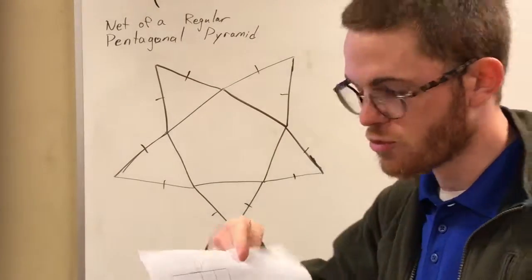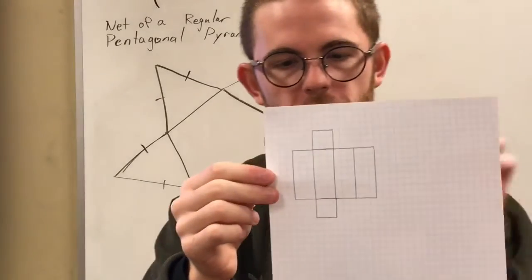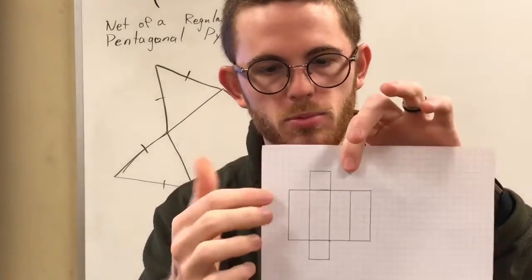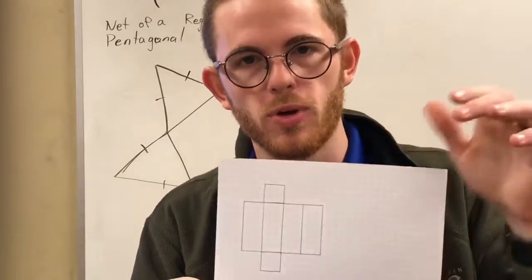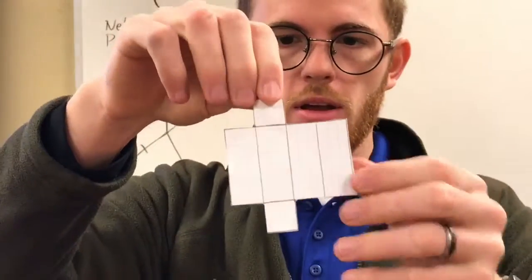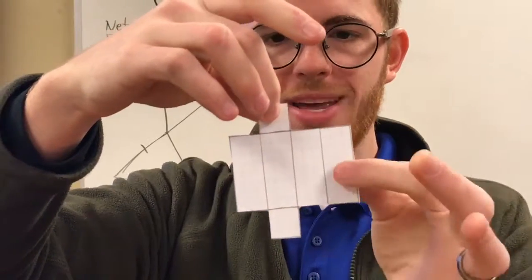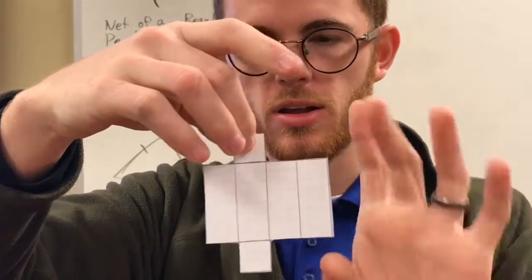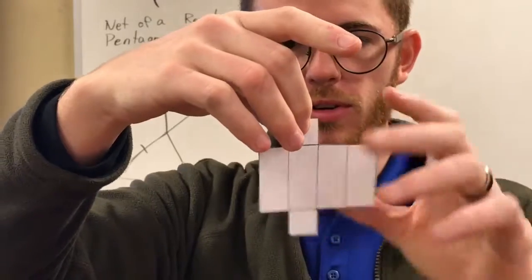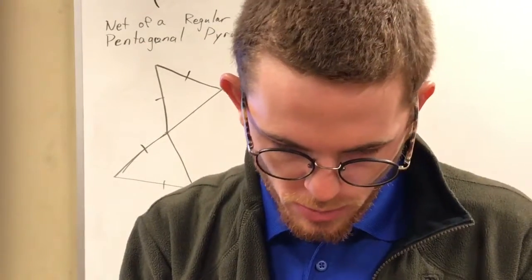Right here I've drawn the net of what's going to be a square prism or a rectangular prism. If I cut this out, whew, all right, so take a look at that. Look at that right there. Notice how I have two bases which are congruent, and each one of the lateral faces right there is also congruent. So if I fold along the lines that I drew as part of my net,